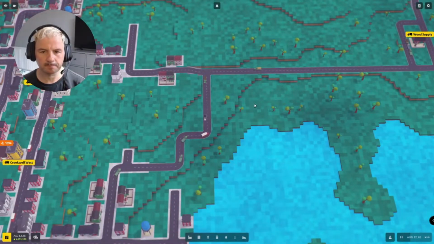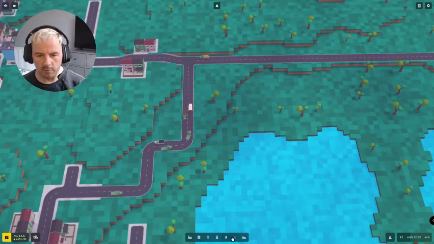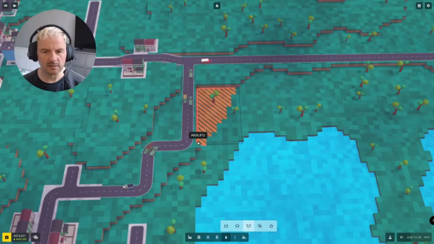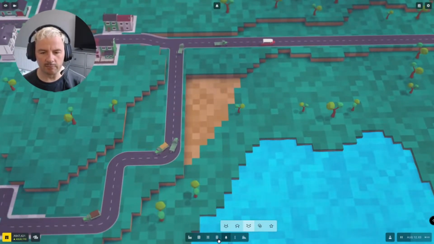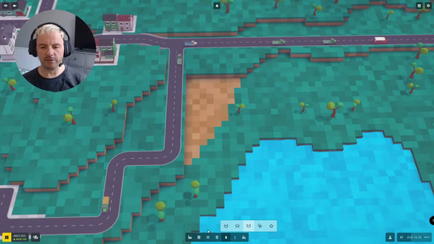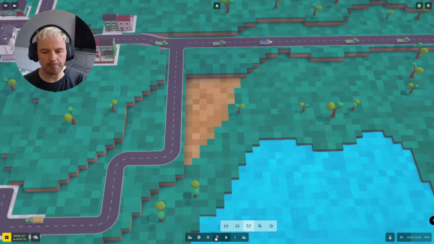Right, what we're going to do is, how much is the terraforming going to cost us if we just get rid of this? 20,000. It's quite a bit, but I'm just going to get rid of that anyway. Now I'm going to allow the trains to turn around in there, so they're just going to go and flip over in the stations. It's not something I like to do, but this is the...